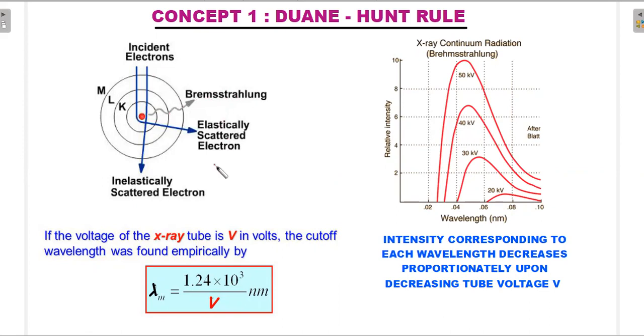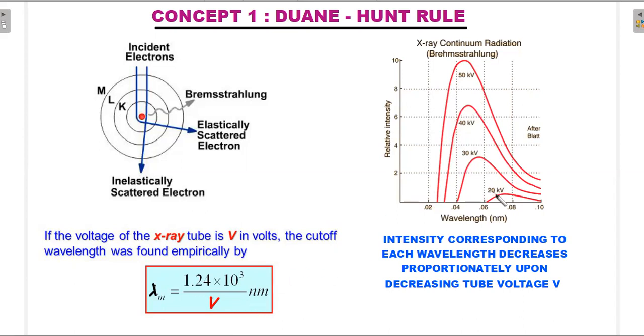Here if the tube voltage is higher, electrons will have greater kinetic energy, and therefore using this logic the cutoff wavelength would be smaller. And you could see that depicted here. For different tube voltages, 20, 30, 40 and 50 kilovolts on the same metal target, you can see your cutoff wavelength starts decreasing with an increase in voltage. So this is the relation that you are supposed to look at.